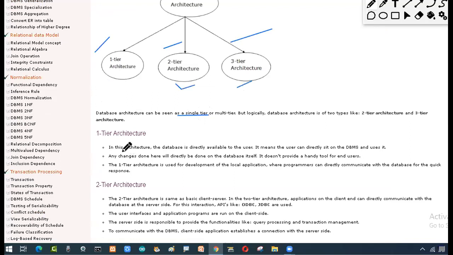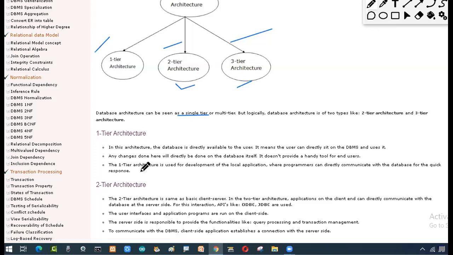Now in the one tier architecture, what you'll find, like in our college, or whatever practice you are doing for the practical subject, is one tier architecture, because the computer itself has the database and you are going to use the application. That means in one computer I have the server as well as the client. What is the process over there? I directly get the data from that particular system. So if the system collapses, everything will be lost. If the system is safe, then everything is safe. That means here the multiple users concept will not work. Only one user will work with that particular RDBMS.